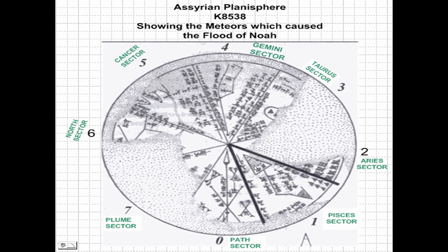One way we know that these are all constellations is this planisphere up here called the Gemini sector. This is a stick figure of the constellation Gemini right there. And some of these cuneiform writings have words talking about other constellations, such as the Great Shepherd of the heavens, which is none other than Orion. But anyways, going back to this cuneiform tablet here,